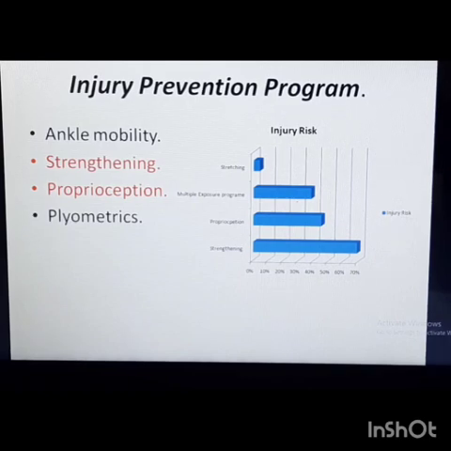Strengthening is maximum. As per FIFA medical guidelines, when the ankle gets an injury, it needs to be taped for around 6 to 12 months following the injury. The reason is the ligament takes a lot of time to heal. We say that grade 1 is supposed to heal within 1 to 7 days, grade 2 in 21 days, and grade 3 takes 3 months.